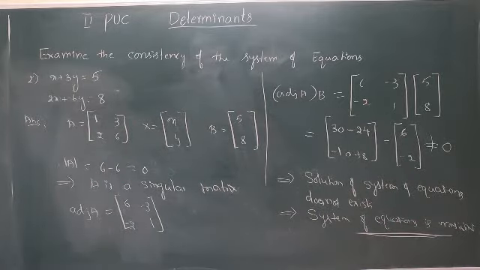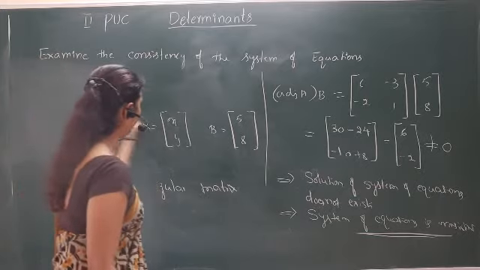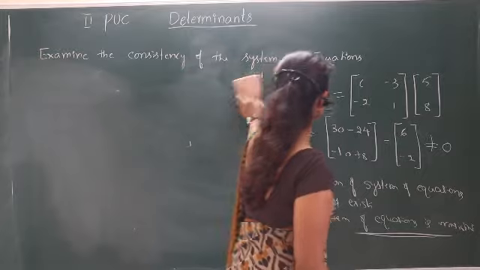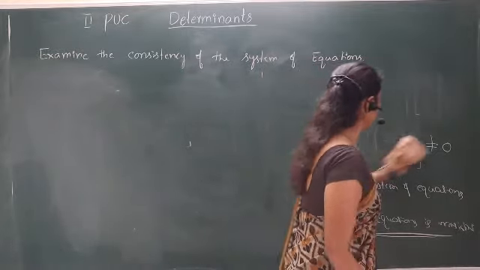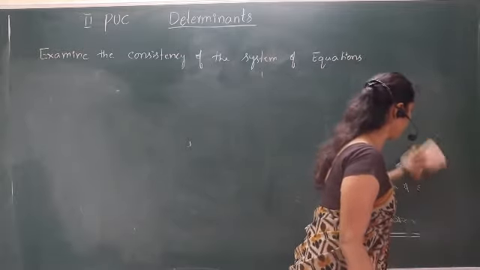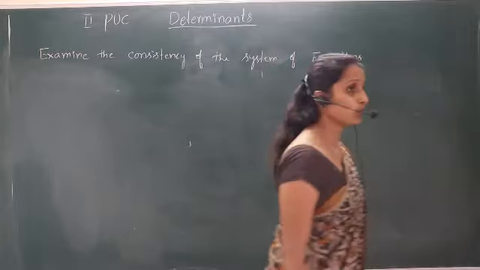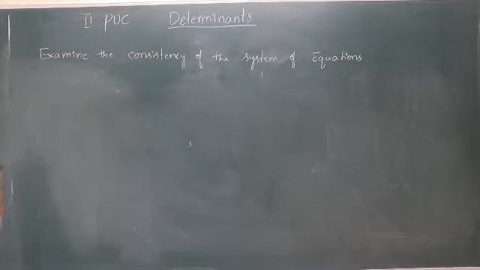So now we have studied the consistent and inconsistent cases, two types of problems, for a matrix of 2 by 2. Next we discuss a matrix of 3 by 3. If we get the determinant not equal to 0 in the first step, then no need to calculate the adjoint and other values; directly we can write the system is consistent. If we get it equal to 0, then only we have to go for the next steps.